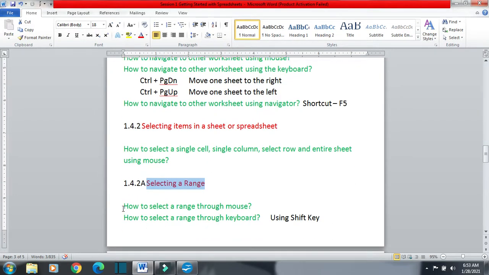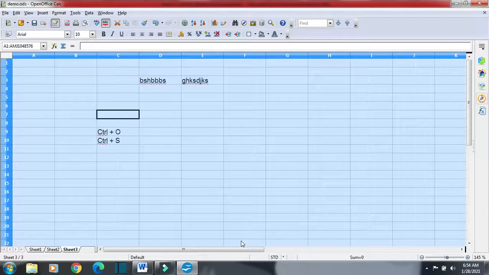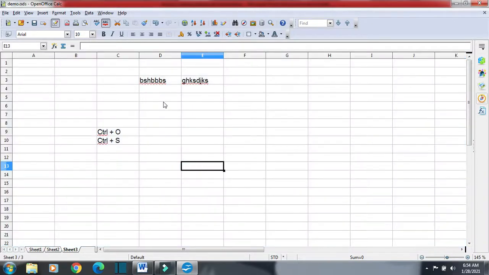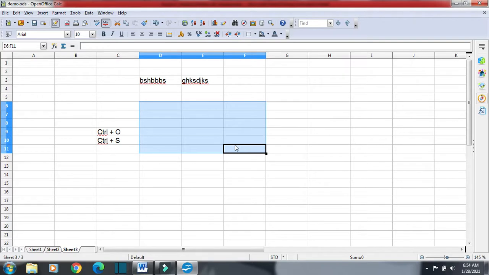So first of all, how to select a range through mouse? How can we select a range using mouse? Suppose I want to select a range starting at D6 and the range should end at F11. So I will just click at the corner D6 and then I will drag using left mouse, and suppose I want to go till F11.